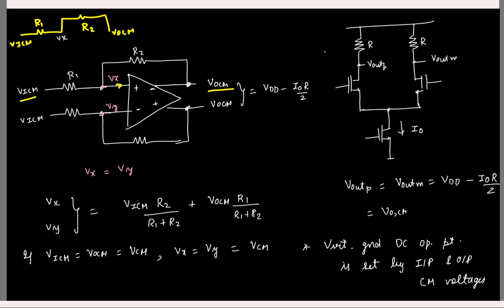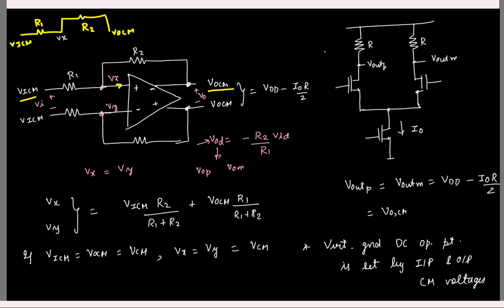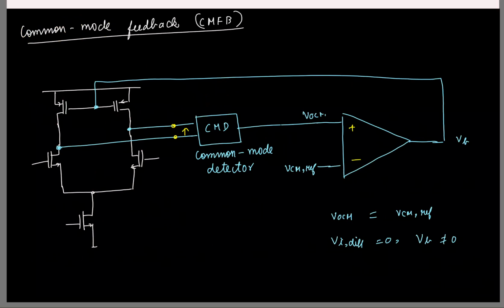Is that clear? See, what I am saying is, this negative feedback loop, what is it doing? It is saying that if I apply some input difference Vi here, my output difference V0 is going to be minus R2 by R1. This is, let's say, V0D and VID. So this is only the output difference. I don't know anything about the positive and negative outputs as such. To exactly know what these are, along with the difference, I also need to know the average or the common mode. So I need to have a separate negative feedback loop for setting that common mode also, and that's what we are doing here. Okay,